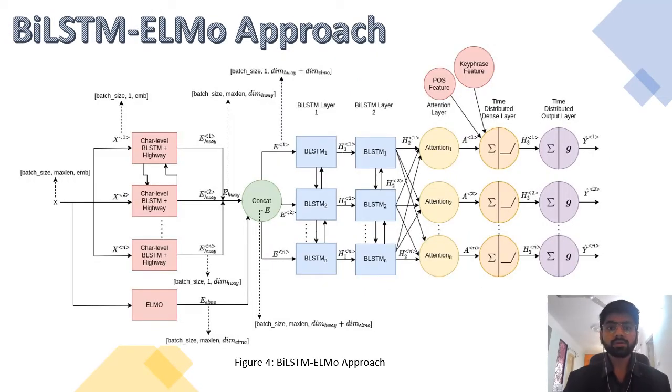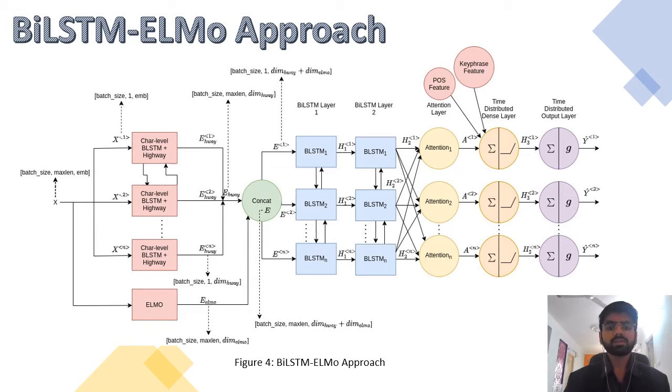Now, coming to our approach towards the problem, we treat this problem as a sequence labeling task where, given a slide and its tokens, we tag each token in a slide with the degree of emphasis that needs to be laid on this token, ranging between 0 and 1. Our first approach, the BiLSTM-ELMo approach, is inspired by the baseline paper for this task, where we